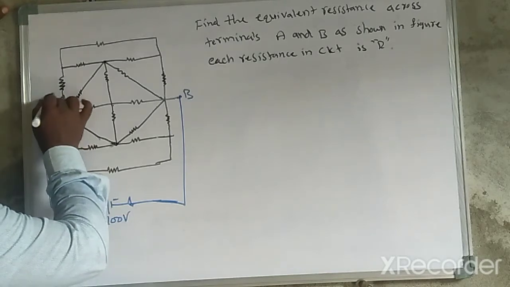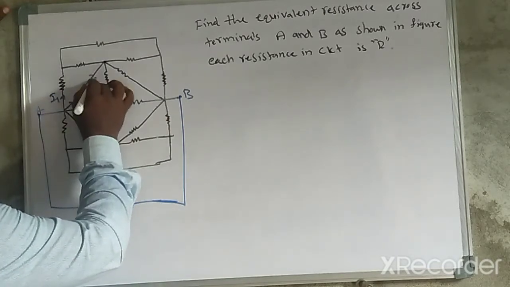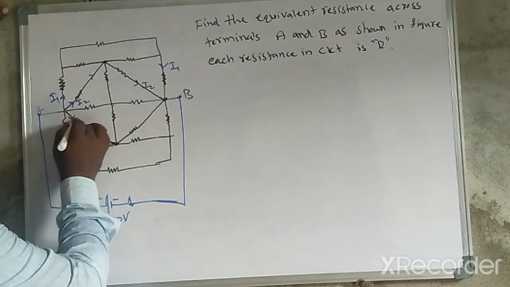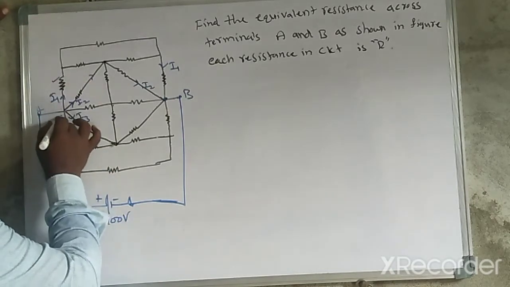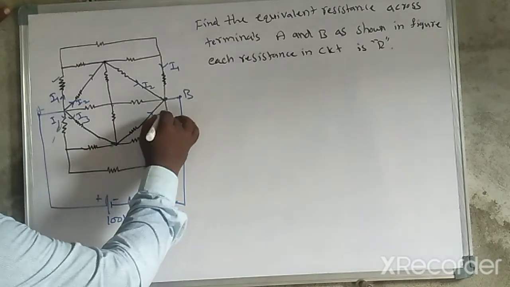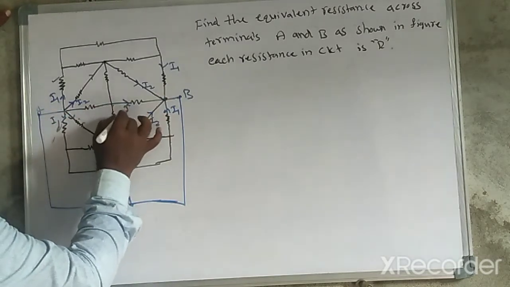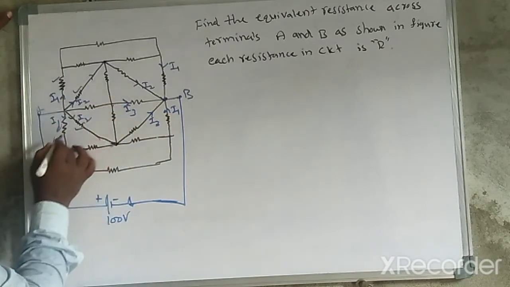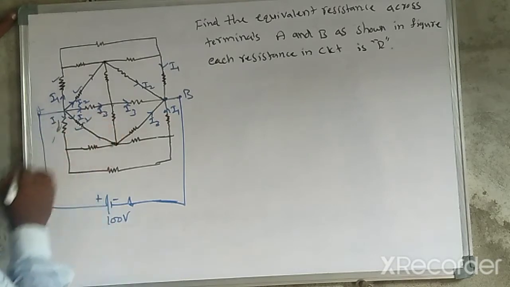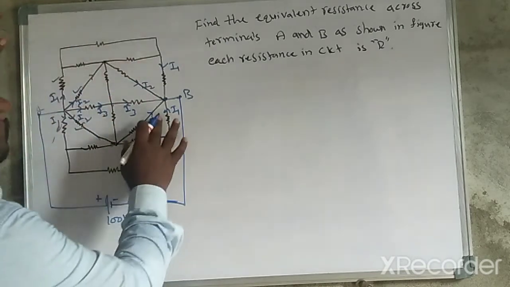Whenever it is connected like this, first identify the currents. This current we consider I1, moving in this direction, and in this way the I2 current. The I1 current enters this junction. These two resistors are the same, that's why this is the I1 current. In the middle resistor the current is I3. This is I1, I2, and this resistor current is I3. Here the I2 enters this one.